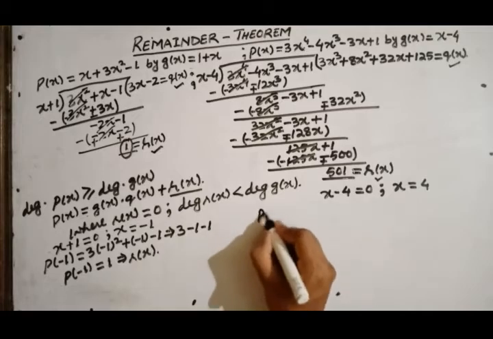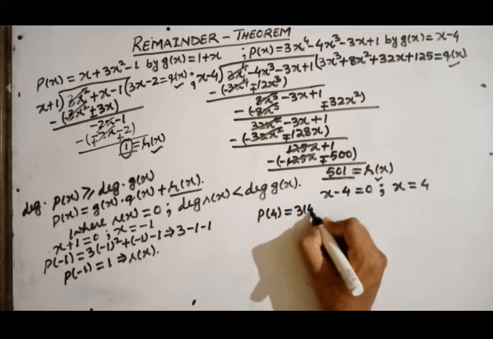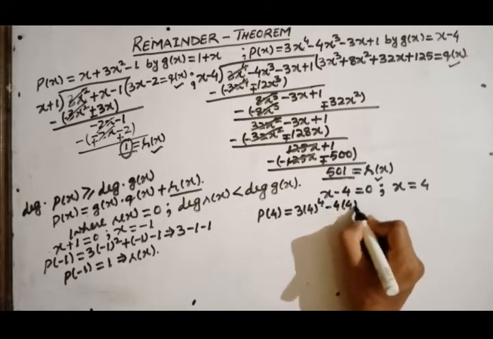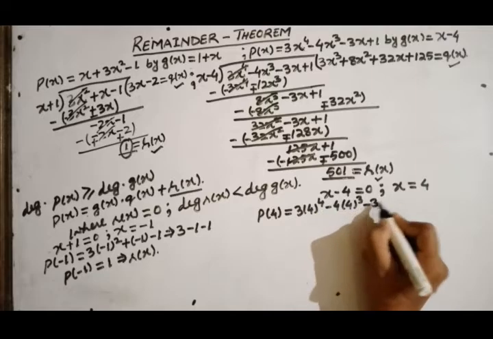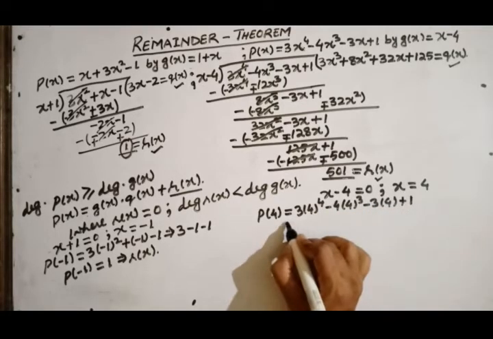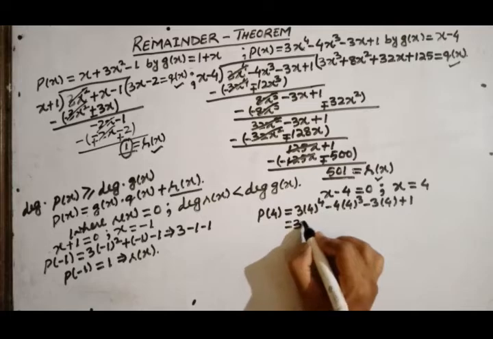So the polynomial at 4 is 3 times 4 to the power 4 minus 4 times 4 to the power 3 minus 3 times 4 plus 1, and 4 to the power 4 becomes